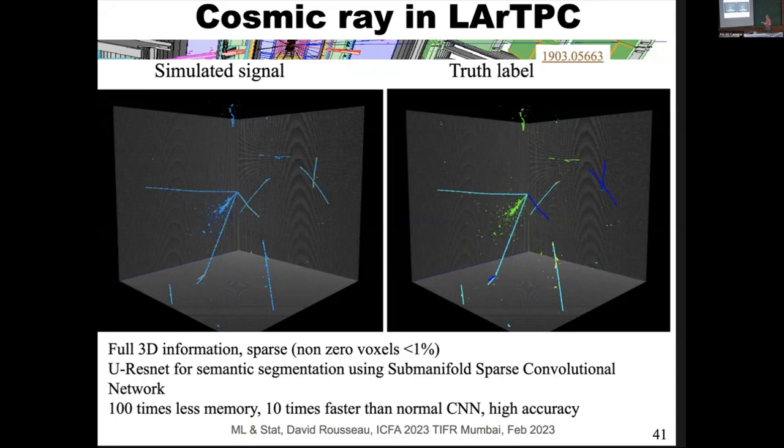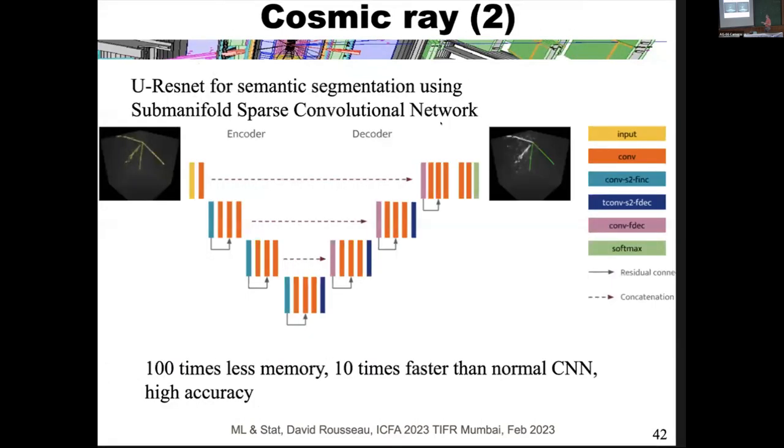And so there are specific developments for this. It's called SparseUNet, for semantic segmentation using submanifold sparse convolutional networks. Developed specifically to be able to deal with this. I won't enter into the detail, but it works. So it's another example of a neural network development adapted to a specific problem.